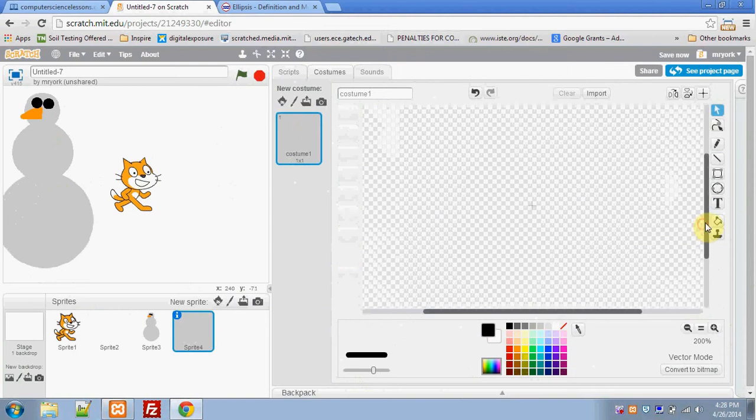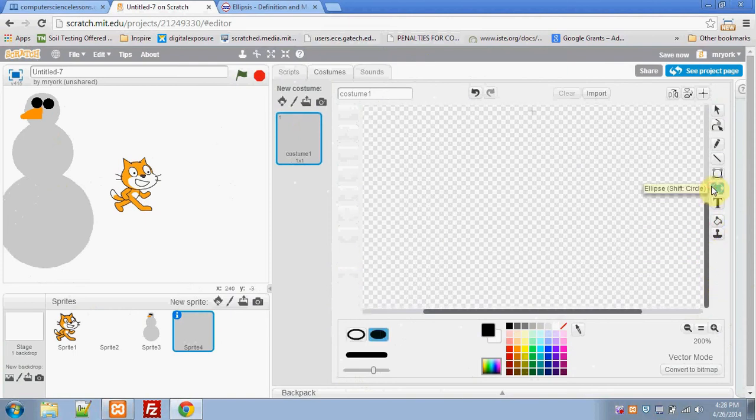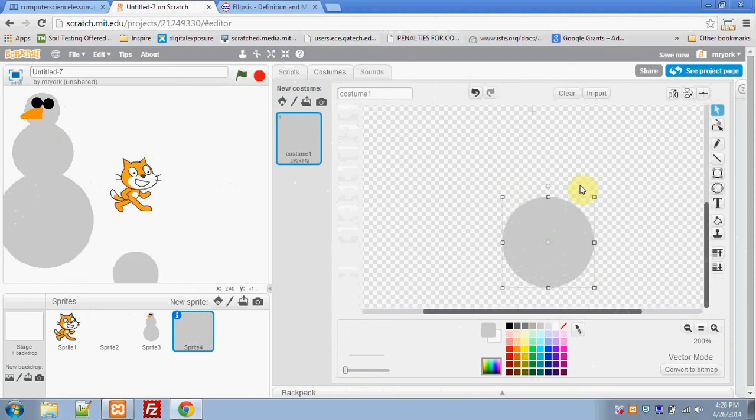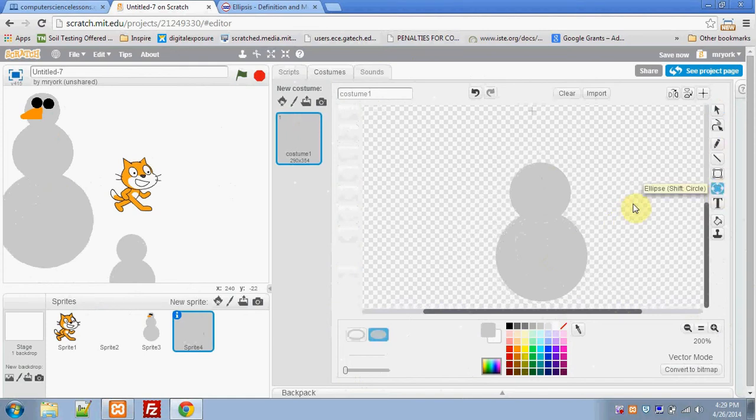So I'm going to come back down to the bottom. I'm going to get my ellipse tool. It's still set on solid fill. I'm going to get my nice gray color. I'm going to draw the base of my snowman. And I can move this around just like before, but the difference is when I create my second ellipse and I put it on top, if I click off, these are not flattened. I can still take either one of those circles and move them around. Every image or section you create is going to be saved as a separate object that can be transformed and changed at any point. So I'm going to go ahead and create my head